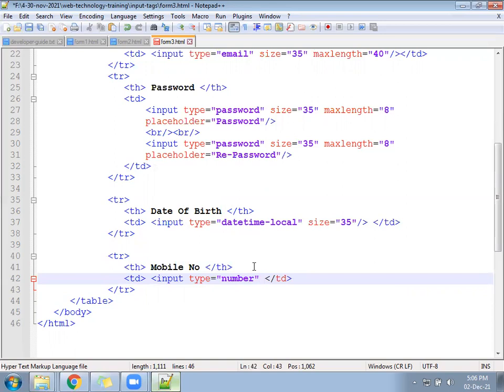We can try a placeholder here, enter mobile number. Max length and size property will not work. Can try once. Maybe in Mozilla it works, but in Chrome and other browsers it will not work. The max length property does not exist in type equal to number.